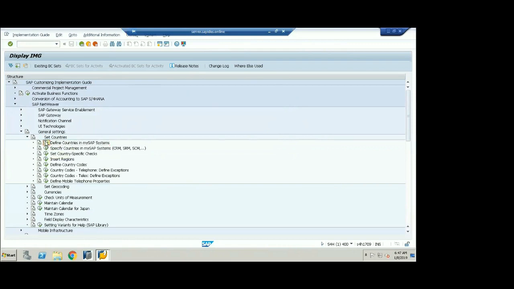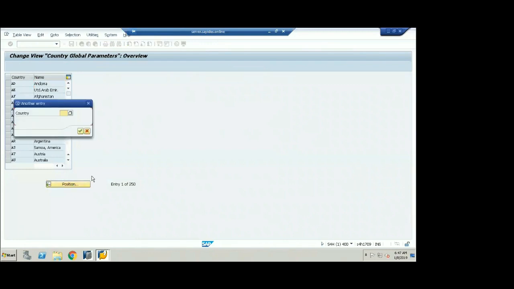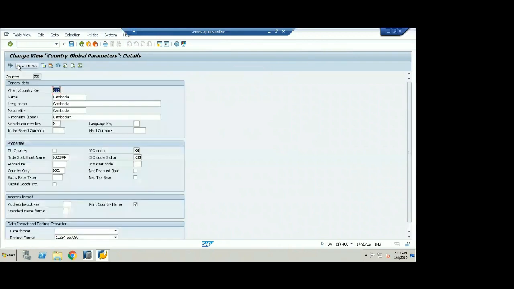If I click on the execute button, these are the countries which are available. I'll go to the Cambodian country, that is KH. Just now we have seen KH is the code for Cambodia. Now I'll select it and click on the display details button. You can see the details button is activated. Now here you can see the details.